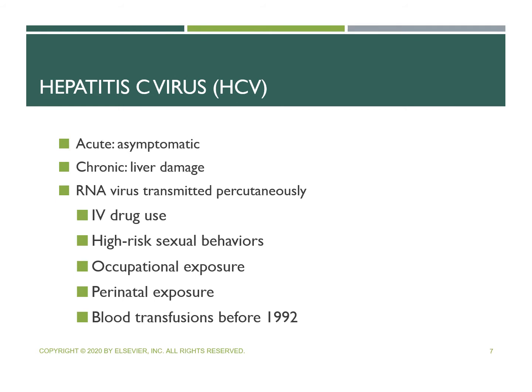With hepatitis C, many patients are asymptomatic and unaware that they have an infection. However, chronic liver damage and cirrhosis can develop with chronic hepatitis C. It is transmitted via IV drug use, high-risk sexual behaviors, occupational exposures, perinatal exposure, and blood transfusions before 1992. About 30 to 40% of HIV patients are known to have hepatitis C, and there's an increased risk for